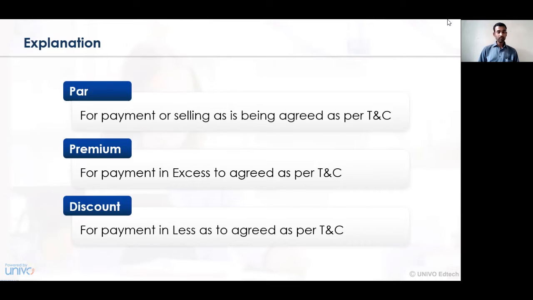Continuing with the earlier example, if the standard terms of the policy is rupees 1000, but the customer or the insured person pays you 900 rupees, the 100 rupees that is paid less, not in a proper concern as per the terms and conditions, comes under the category of discount. So the remuneration paid to a particular person will be discounted, deducted or reduced from the payment terms and conditions.